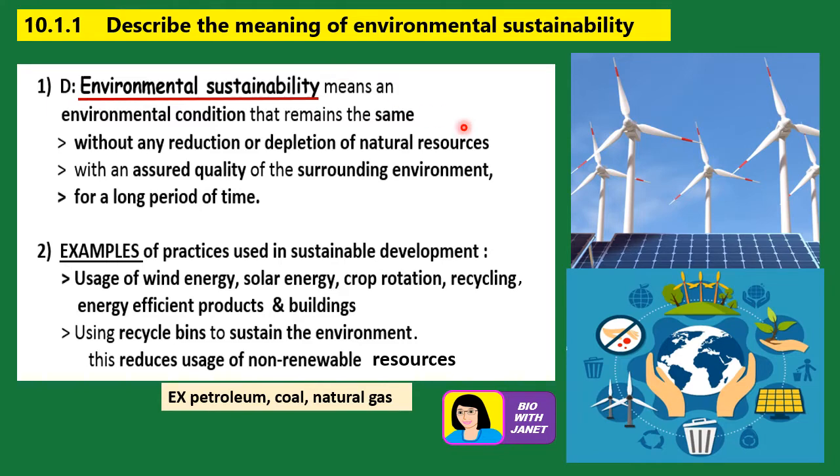So in this picture here, you can see the wind turbine, okay, that's used to generate electricity. So when the wind blows, it will turn the turbine, and then this will turn a generator in the building, and then it will generate electricity. Okay, and for the solar panels too, these solar panels capture the solar energy from the sun and then convert it into electrical energy. Okay.